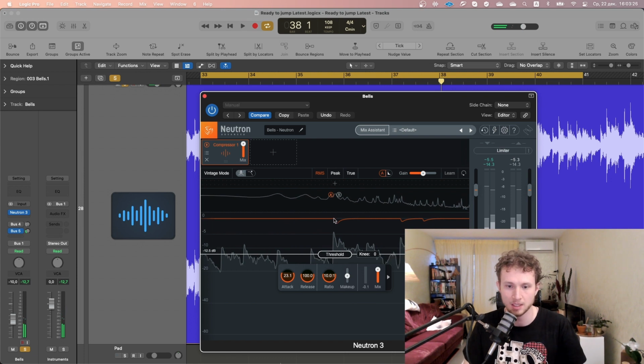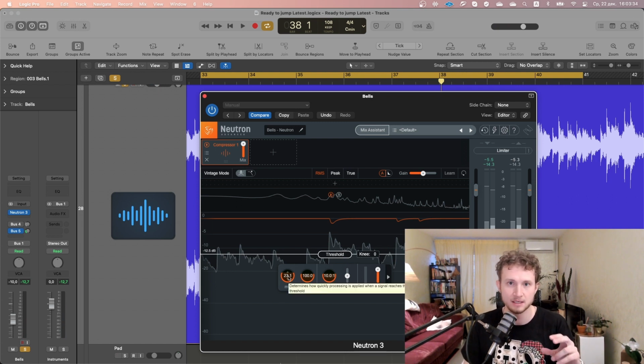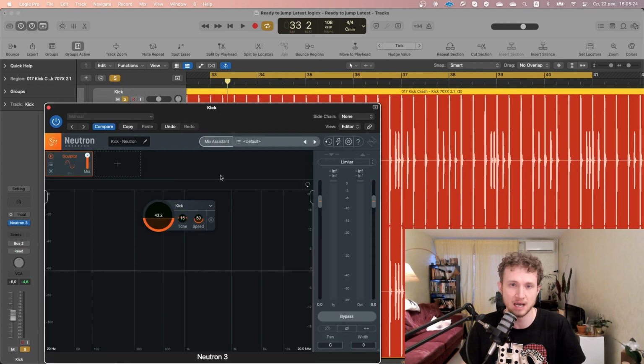You see, it became very different. It becomes exponential. And it means that this compressor takes 23 milliseconds to start fully compressing the signal. The next one is release, and I think that it's much easier to realize how release works